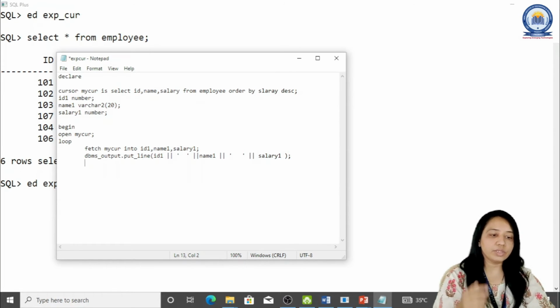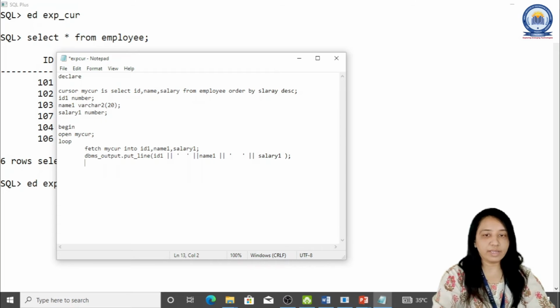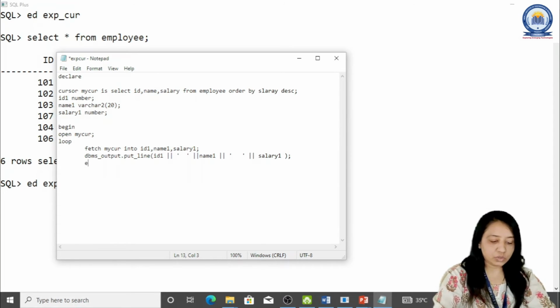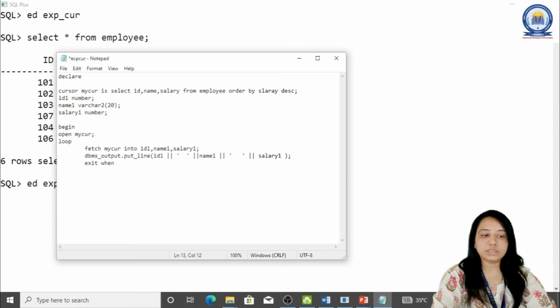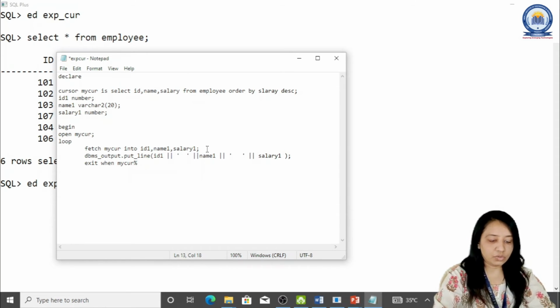This is going to be in a loop, but we need to print just the 5 rows which are the highest. So we'll write exit when my cursor%rowcount equal to 5.